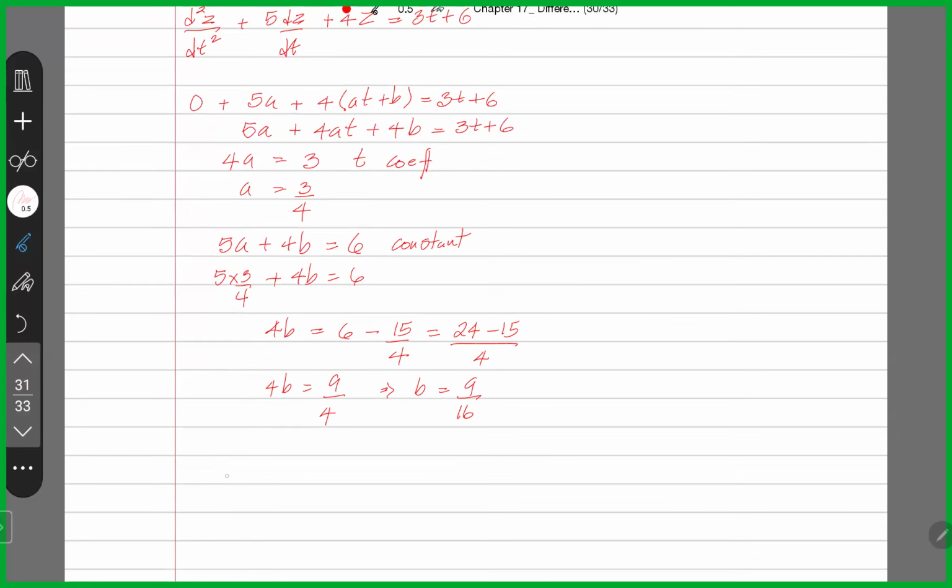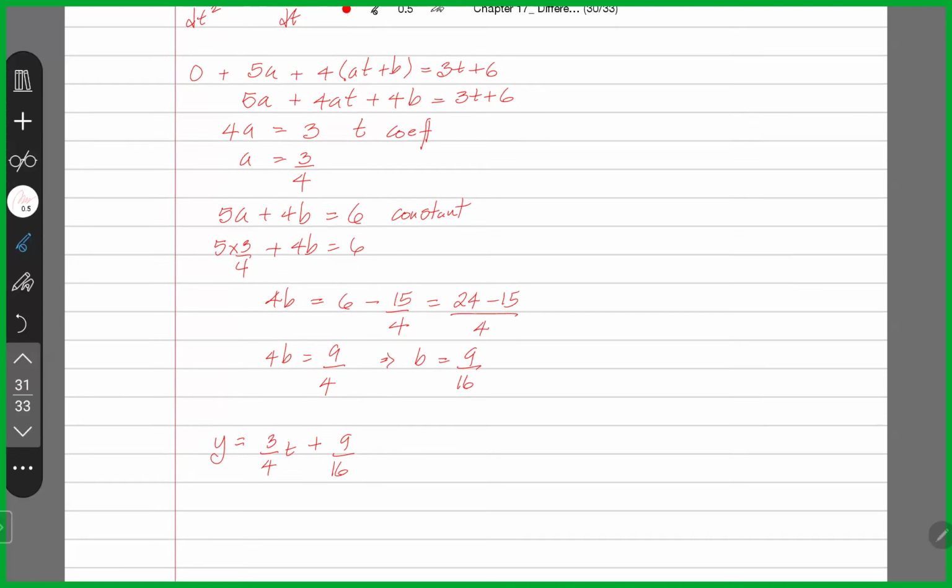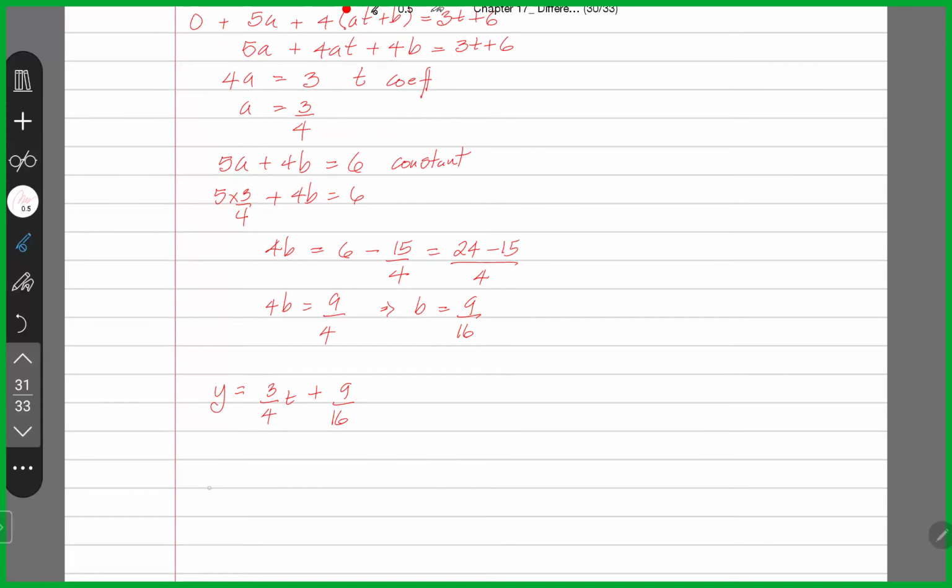So y is equal to a, which is 3 over 4t, plus b, which is 9 over 16, is our particular integral. And now the general solution is y is equal to